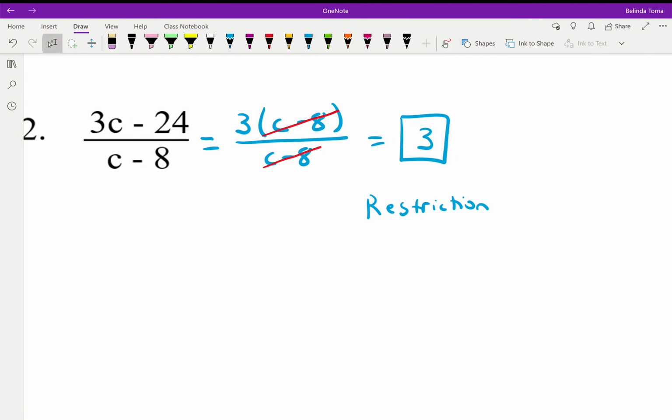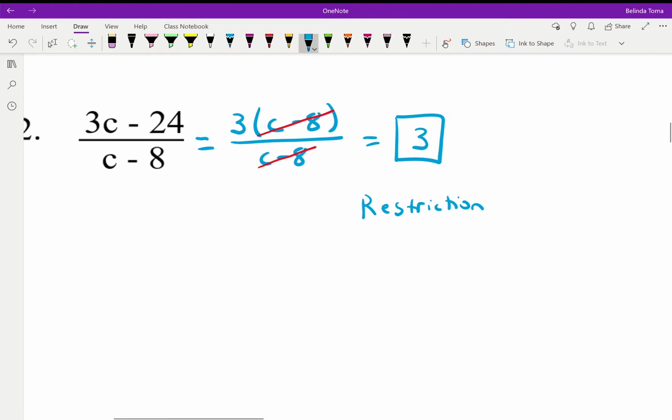We know that we can't divide by 0, so when we have a variable in the denominator, we're going to take whatever's in the denominator in factored form, set it equal to 0, and then once we solve, in this case by adding 8, we're going to say that's what c cannot equal. Because if c were equal to 8, then we would have 0 in the denominator. So from the beginning, you can write the c minus 8 cannot equal 0, and that might be a little